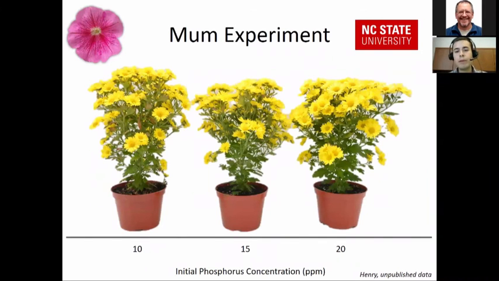So next we did an experiment on mums. You can see here's a yellow cultivar. And if you look, we used concentrations of 10, 15, and 20 parts per million, which were then cut off after 4 weeks of growth. We cut them off at 4 weeks of growth because that's when they started to develop flower buds. And so you can see the plant on the left that was grown with an initial concentration of 10 parts per million phosphorus has some necrosis in that central area of the plant. And you may be able to see a little bit on the upper leaves. But if you look at the lower leaves, they still